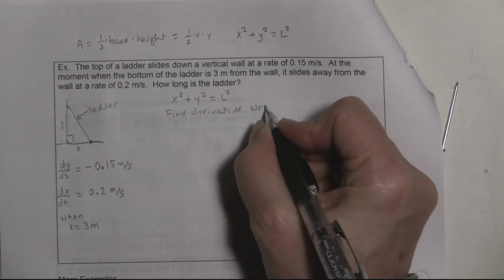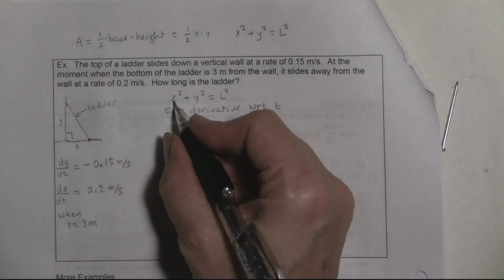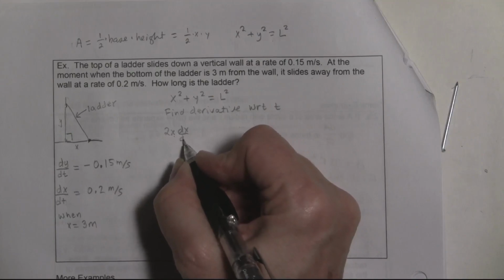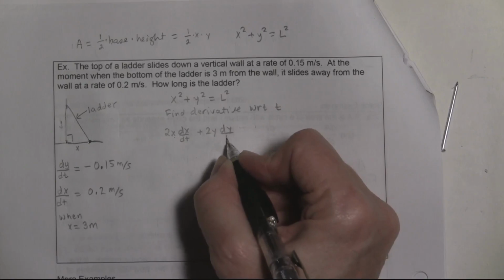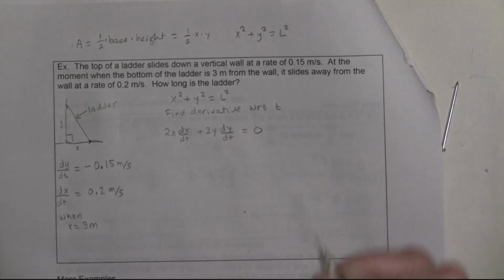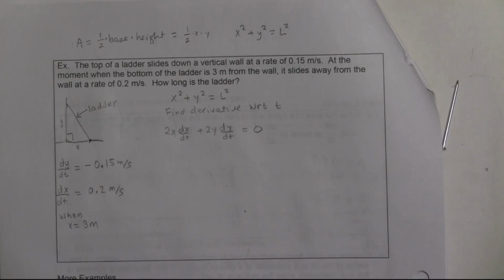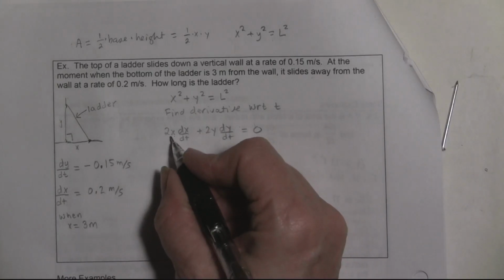with respect to t, with respect to time, right? So when I take the derivative of this, that's going to be 2x dx/dt plus 2y dy/dt equals 0. And the only unknown I have is y in there. And that's good news because we already talked about that if we knew y, we would know the length of the ladder. And that was what is being asked of us. So I'm going to plug all this stuff in. Now that I've found the derivative, I'm going to plug in